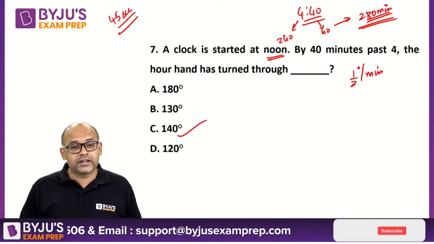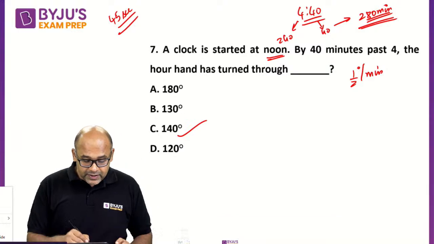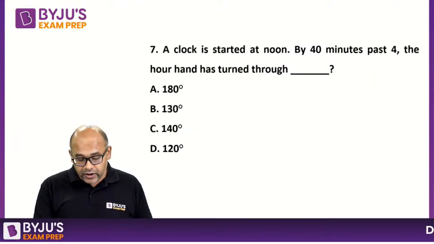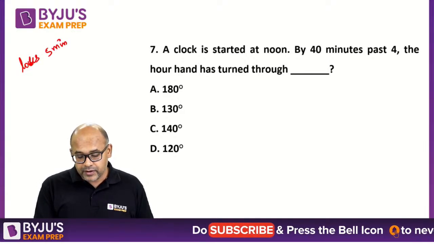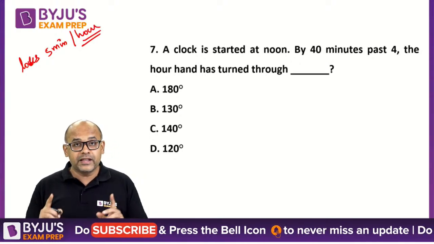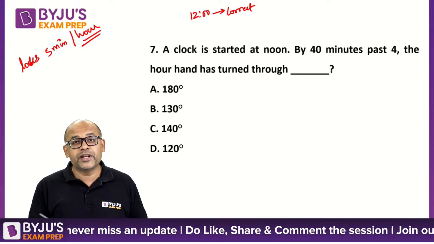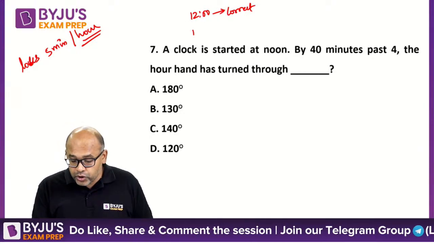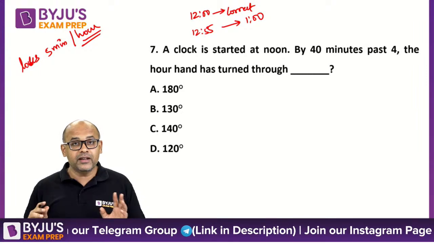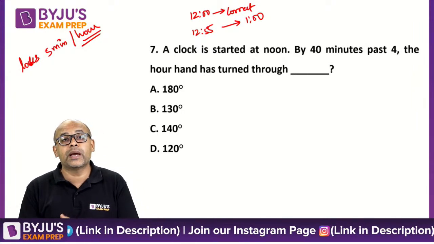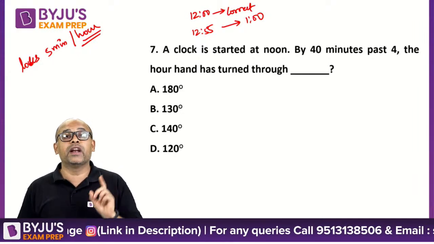Okay, Vicky, the time gain question. Okay guys, many of you are having a problem in the time gain. Let me explain this once again. This time I'll use a different example. Let us say a clock loses 5 minutes per hour, which means if I am setting it correctly at 12, it will show 12:55 when actual time is 1 o'clock. That is the meaning. It will show 12:55 when the actual time is 1, because it is losing 5 minutes per correct time of 1 hour.